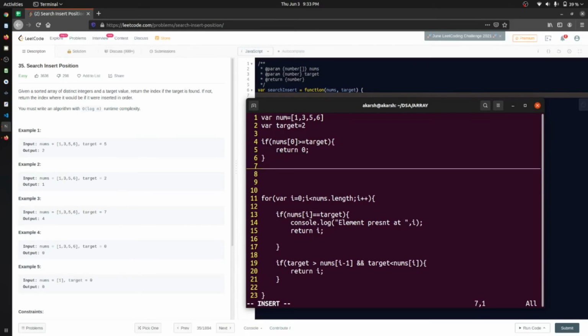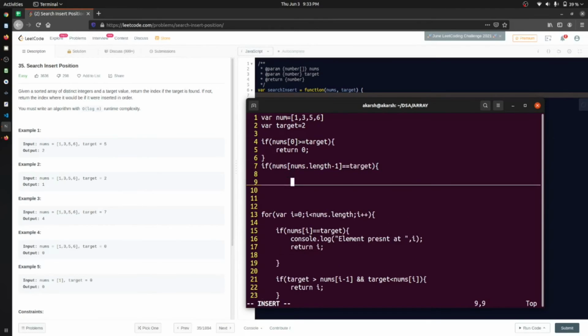After that, we will check if the last element is double equal to target, then we will return the last index, nums dot length minus 1.